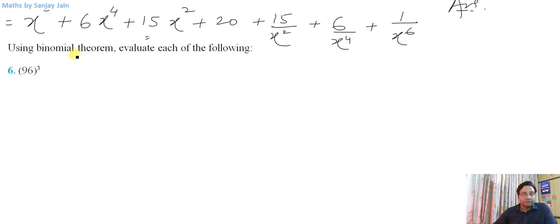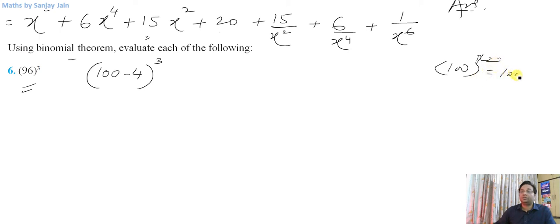Now we will use binomial theorem to evaluate expressions like this. So first of all, write it in a binomial form, that is 100 minus 4 raised to power 3. Now why have I written it in 100 minus 4 only and not 90 plus 6? Because this is simpler to raise 100 to some powers, right? 1, 2, 3 or 12. We know that 100 raised to power 12 will have 24 zeros, right? 1 followed with 24 zeros, right? This is how it is easier to convert these expressions into 10 plus something or 100 plus something like that, or 100 minus 4 in this case.